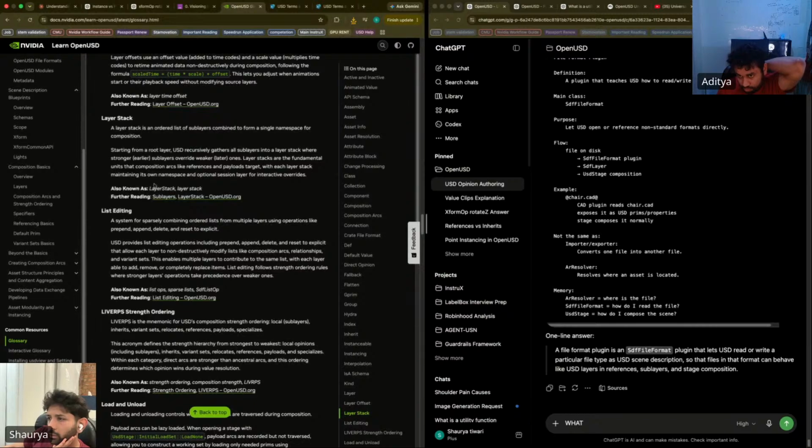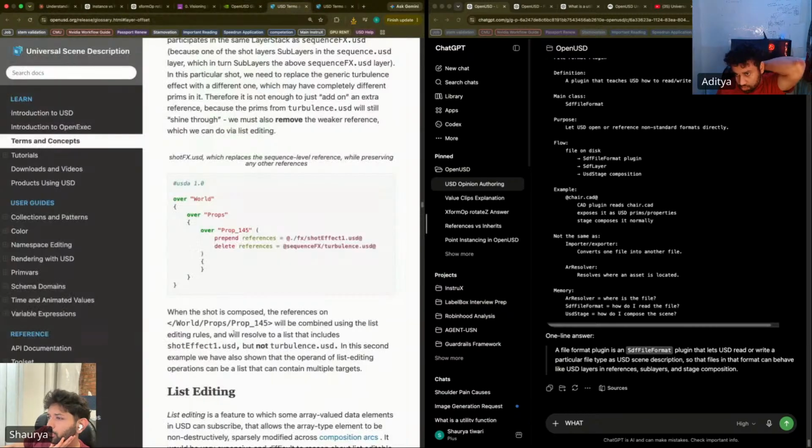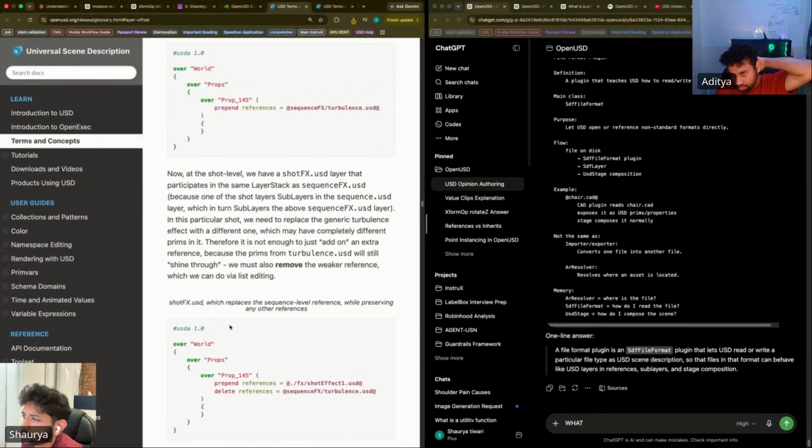So layer stack, has anything else important? It is not just enough to add an extra reference, because the prim from turbulence.usd will shine through. We must also remove the weaker reference, which we can do while list editing.